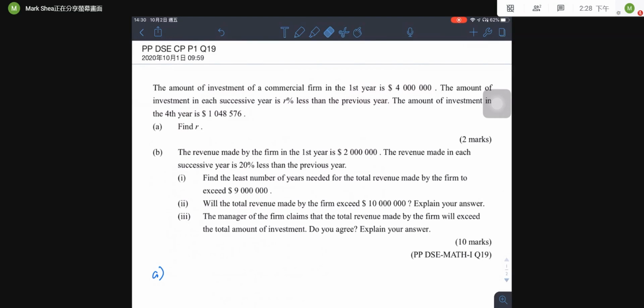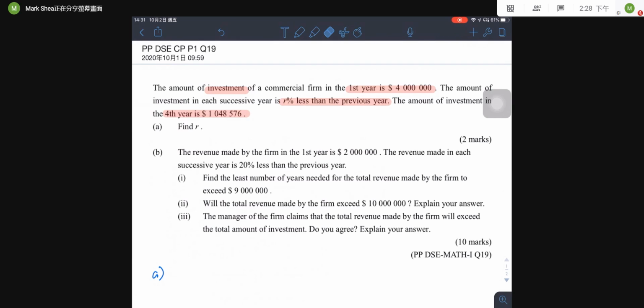This is DSE practice paper, paper 1, question 19. In part A, please read the question carefully. It is about the investment of a commercial firm. In the first year, the amount is $4 million, and it is 8% less than the previous year. We also know that the total amount in the fourth year is